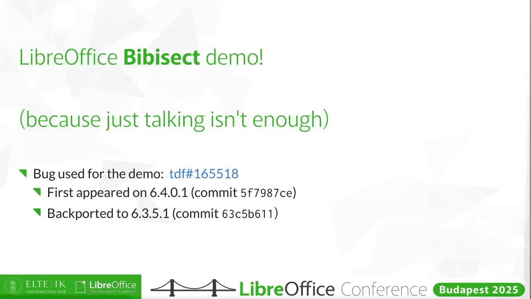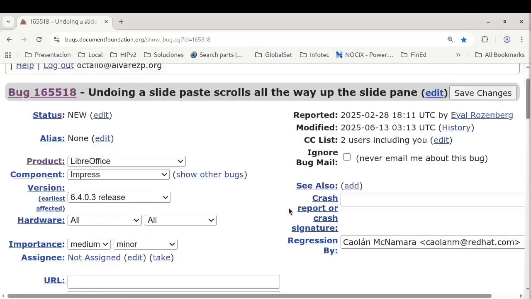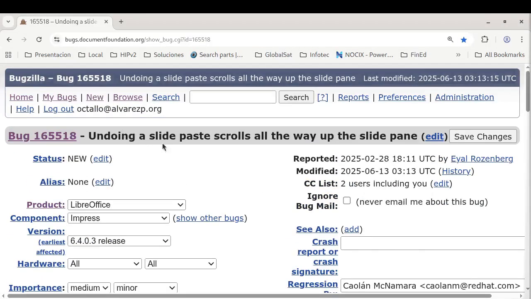I have a demo prepared for you. You need to be patient because you will see me see the same thing like 25 times, okay? I'm going to use this bug number from the TDF. I have already uploaded it here. This is about slide paste, which scrolls all the way up to the first slide. It was reported by